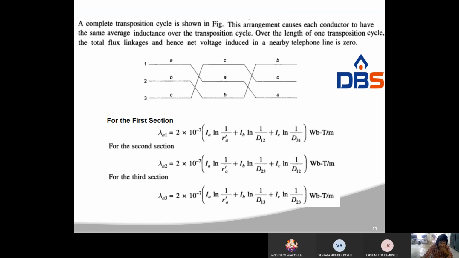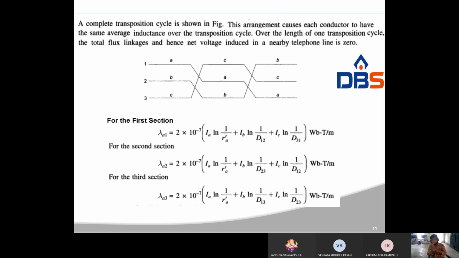So now I am going to calculate the inductance of A phase only, not B and C. Why? Because they are all the same. That's why I'm calculating this one, and the distance must be 1 meter length. Whenever you transpose the transmission conductors, or do not transpose them, suppose it is a balanced current: IA plus IB plus IC equal to 0. Even for asymmetrical spacing also, IA plus IB plus IC equal to 0, right?